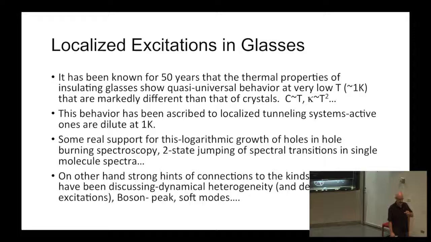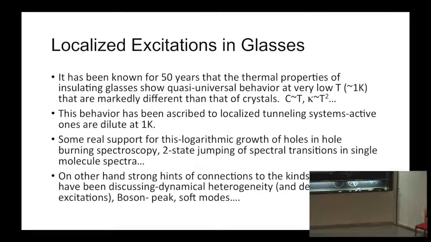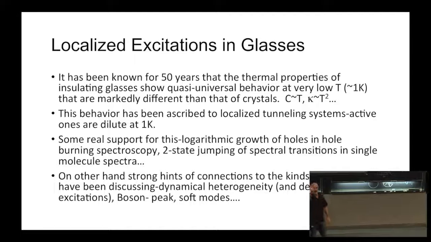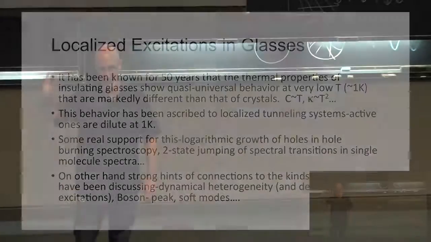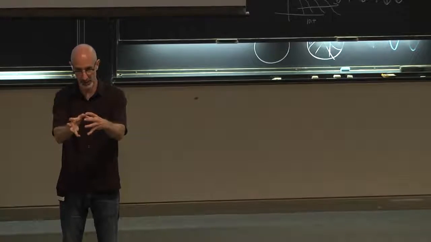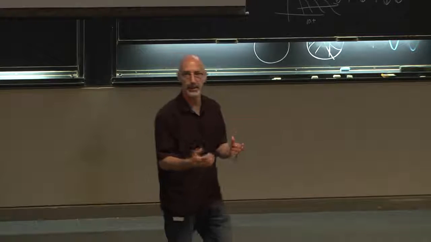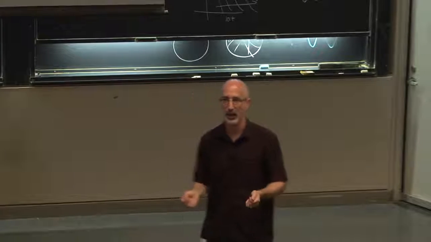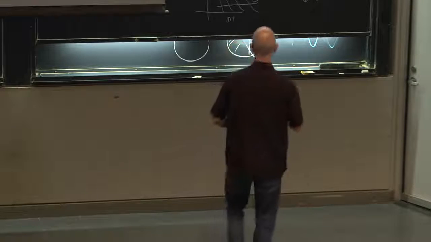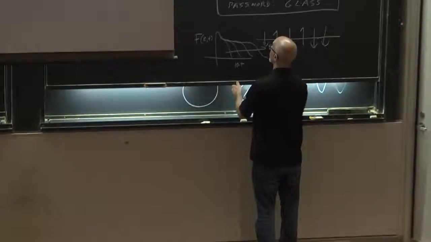Okay, and about a year later or so, a model was put forward which has been accepted, but it's not microscopic in a sense, and maybe is lacking in some ways, which is called the two-level system model. And this was put forward by Anderson, Halperin, and Varma. And basically what they postulated was that at very low temperature, the system has a small number of active tunneling systems where there are configurations where the system can tunnel between two sites. Of course, in their paper, they didn't say what's tunneling. Is it 30 particles moving or 2 particles? But basically, they took some pretty weak assumptions that if you have a two-level system,